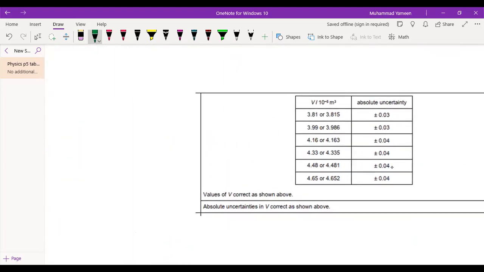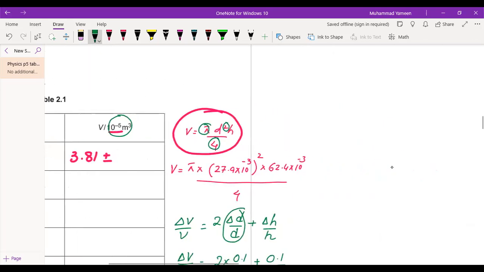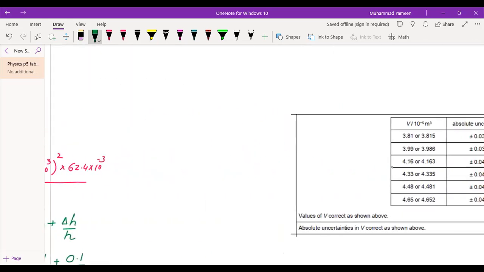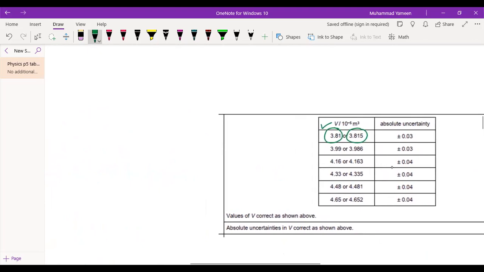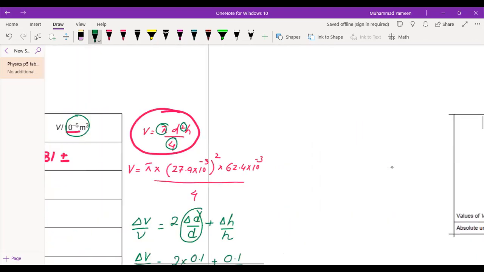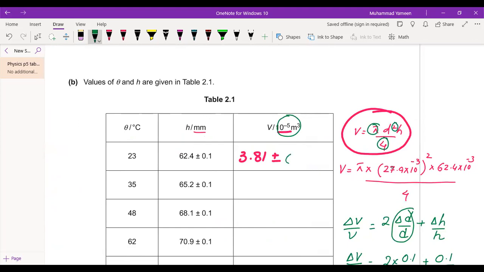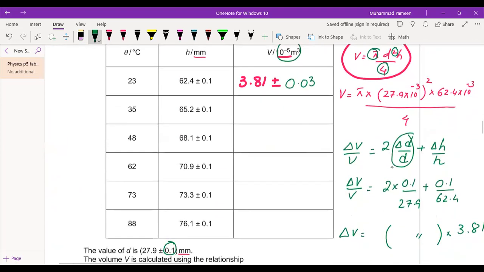So you can see 3.81, or 3.815. 3 significant figures or 1 more is allowed. And the answer is, absolute uncertainty is 0.03. I hope you can easily complete this table now, and you should feel confident about calculating errors in physics